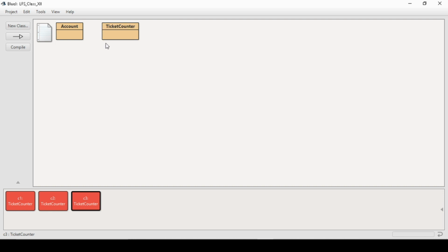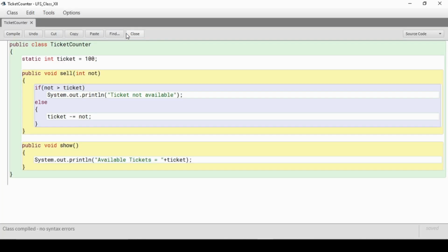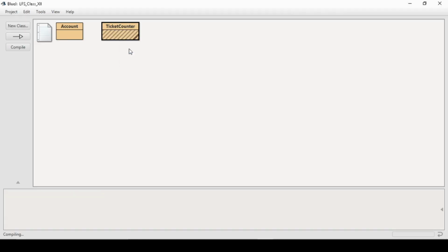Okay, now when you will create static method, whenever you want to call any method of a class without creating any object, suppose you want to do that, so you will make a method as static. So suppose I make this method static, right? So let's see what changes are there. Let me compile it, and as soon as I right click on the ticket counter, I can see that show method. Why? Because show method is now static, I can call it directly with the class. I need not create any object for it. So if any method is static, you can call it directly from the class itself.